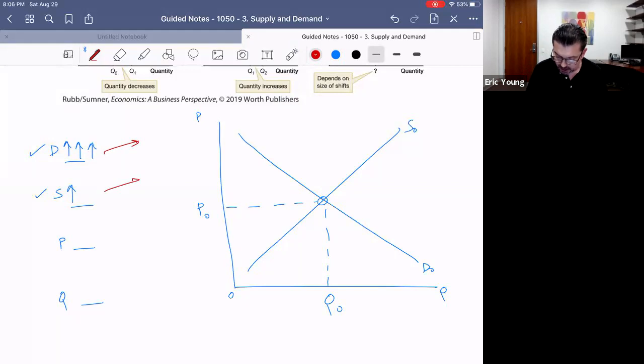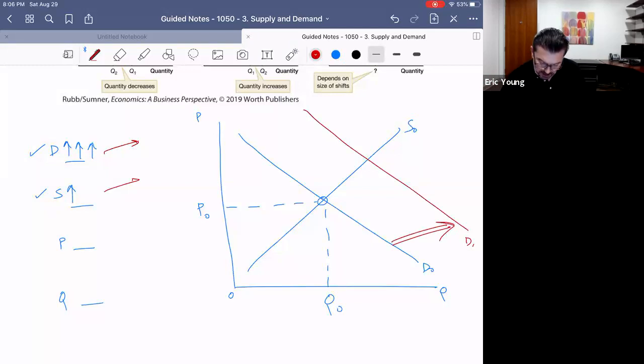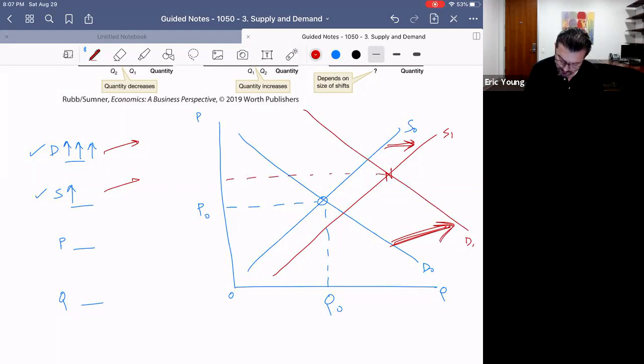The demand curve is going to increase a lot. We'll call this demand 1. We've got a big fat arrow there to show a really big shift. So demand has increased a lot. Supply has also increased. So it's going to shift to the right, but we're going to do a more modest shift of this. That way you can see that the big demand increase clearly outweighed the relatively smaller supply increase. Once you have that, we drop our new N, we take it across, we take it down,